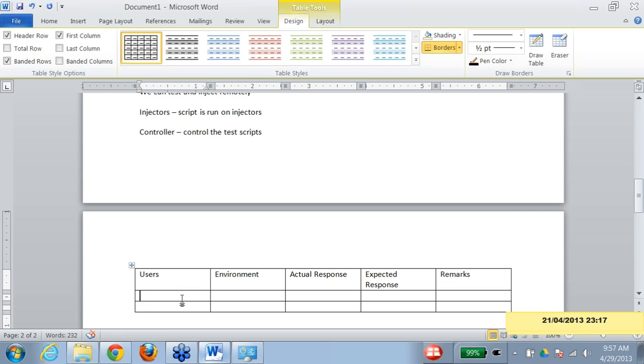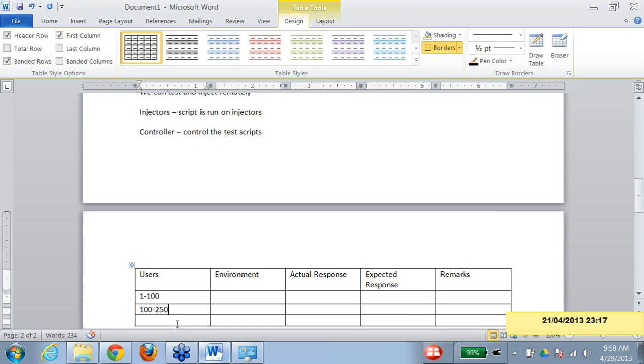So you can start with 1 to 100 users, then from 100 to 250, then from 250 to 500, and so on and so forth. This must be written somewhere in your BRD or